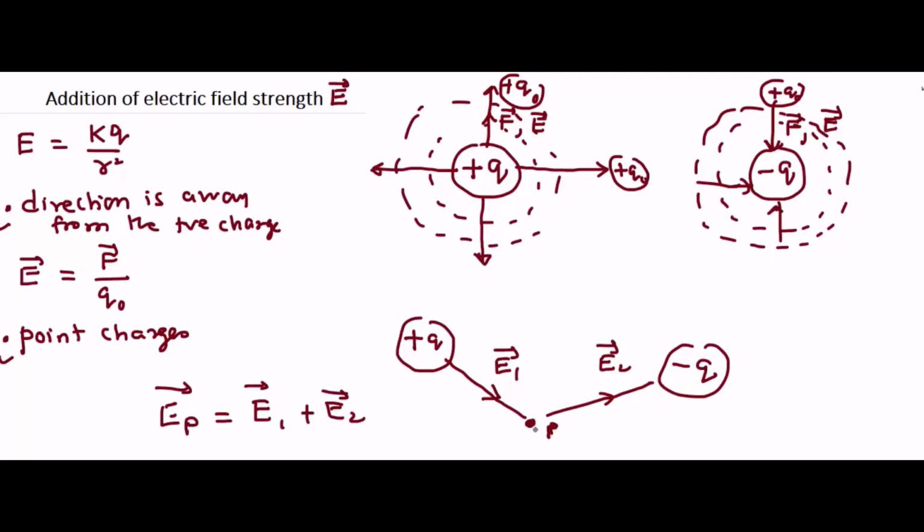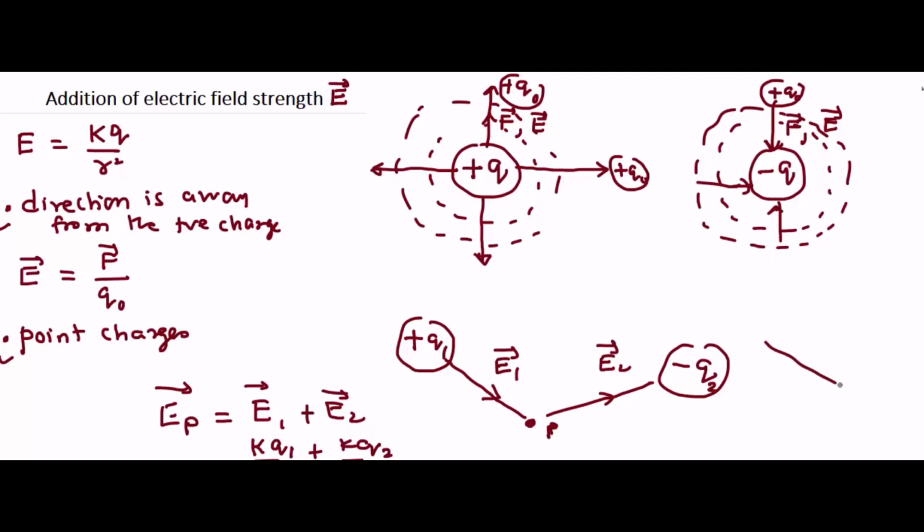So the net electric field at location P will be obtained by vectorially adding these two. To find the magnitude, we will use kq by r square plus kq by r square, because both are positive charges. To make it more clear, let us take this plus q1 and let us take q2. So I will get over here kq1 and kq2. This will give me the magnitude, and as far as the direction is concerned, I will use these two